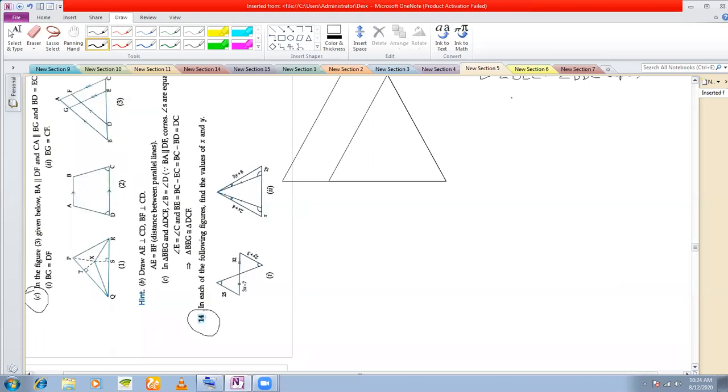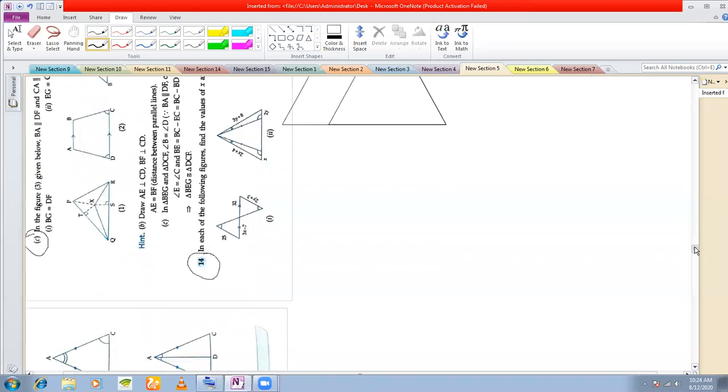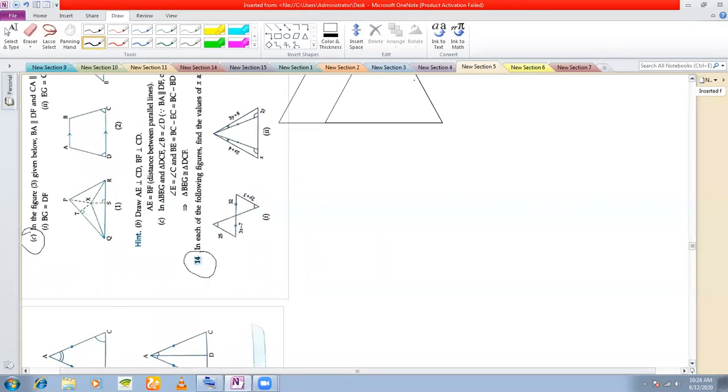Okay, let's do this problem. This one, 14. This one I'll do later. Let's do this 14. We have this triangle given here, and you have a straight line